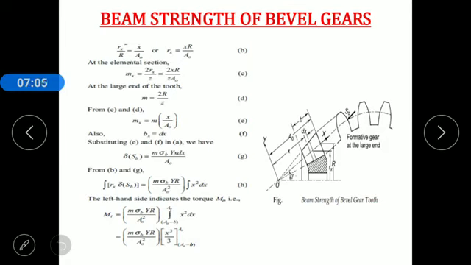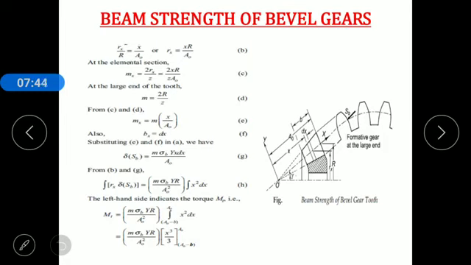Again, from equation B and G. Here, equation G is for the tangential force, that is PT, and equation B is the radius. Now, everyone knows the definition of torque: tangential force into radius. Here also we take the product R x delta SB. Integration of R x delta SB is equal to integration of m sigma by x dx divided by AO into x r, capital R divided by AO.